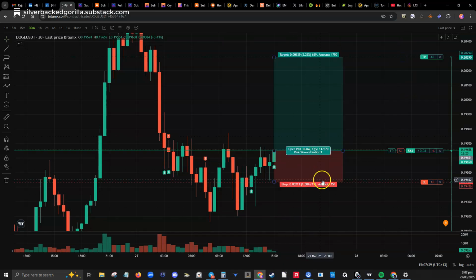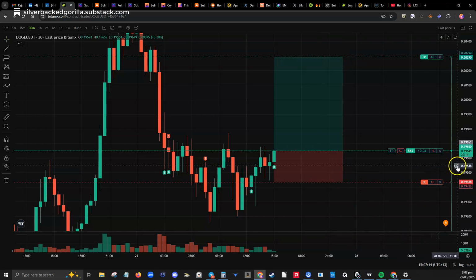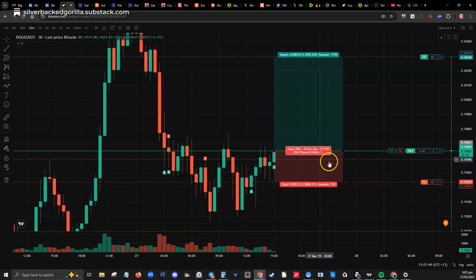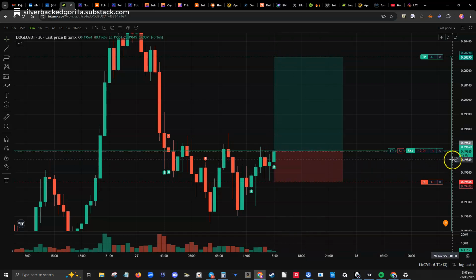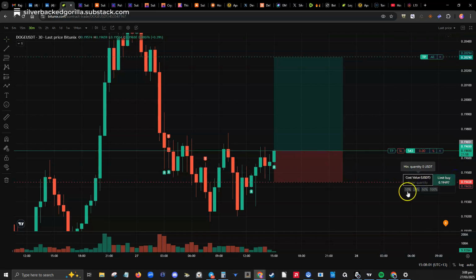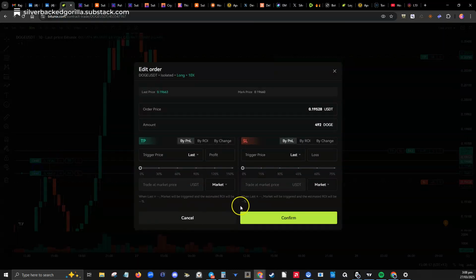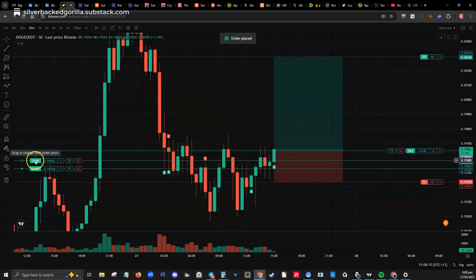So if it goes down below there, you know, and then I'm happy for it to, if it's going to play around in this area here, I'm happy for it to add in just a little bit. Oh, actually, we'll go the other way. Down here, I'm happy to add a couple of little buy orders just to top it up. I'm only using very small amounts, you see.